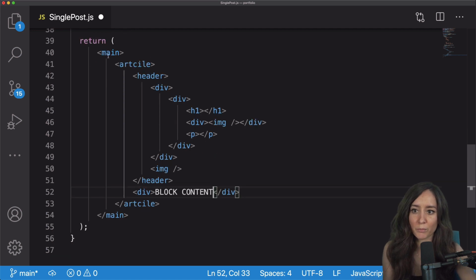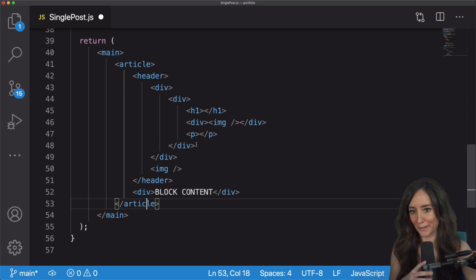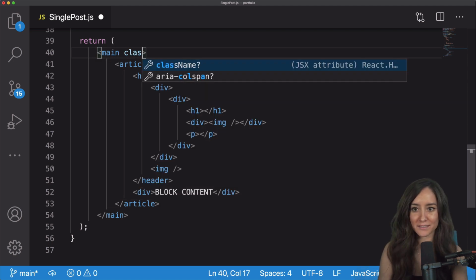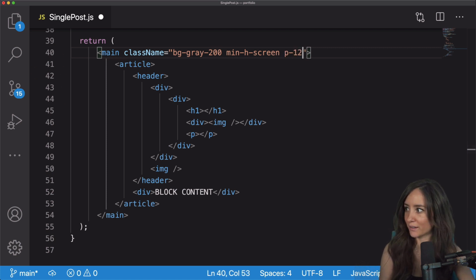So here's our return. We have our main, article. Cool. So we have our article, we have our header, and in that header we have an H1, an image, and a p tag. So yeah, let's style these out slowly, one by one, and we'll make it look good. So main class name is going to be equal to background of gray at 200, min height screen, and padding of 12. Our article is going to have